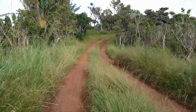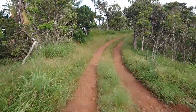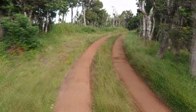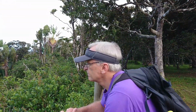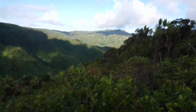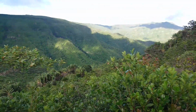We're going to take this walk down the mountain, and on our route down we will be looking at the foliage, the different type of vegetation that is found in the Black River Gorges Park. And what I've discovered is that a couple of invasive species like the privet has taken over a lot of the native